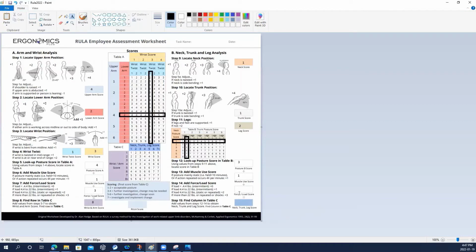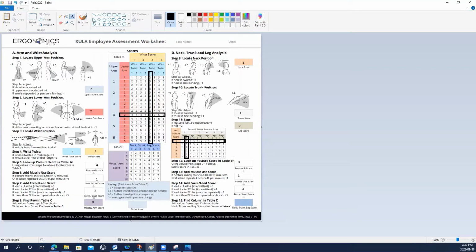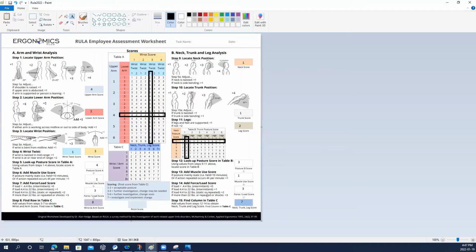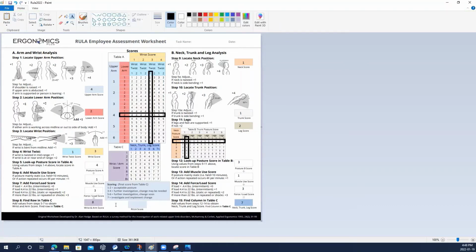And then we take a look. What do we have here? So again, it's a static, it's repeated load. So I said 3. So we add 3, 1, 3. 7. Trunk score, finding column C. So maybe I did do that right. 7. So then we have our score of 8 on the chart